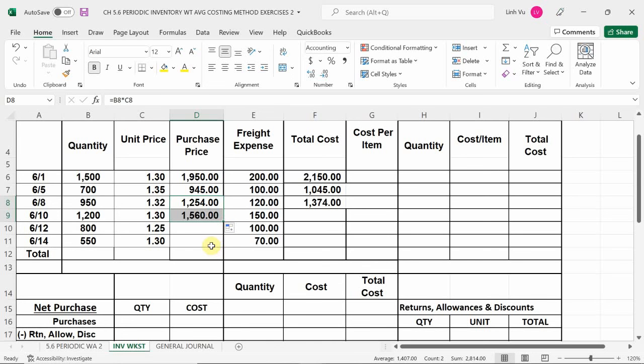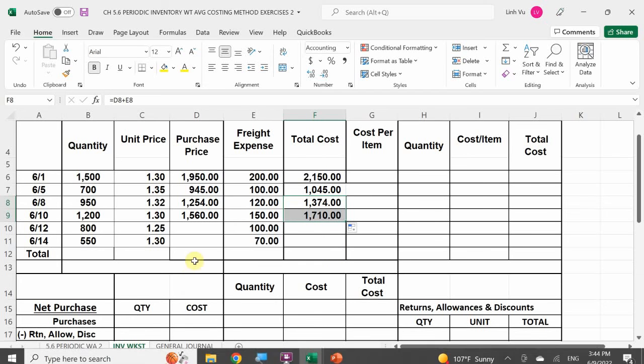1,560. 1,560 plus 150 is 1,710. Excellent. Okay. Two more. If on June 12th I purchased 800 units at $1.25,